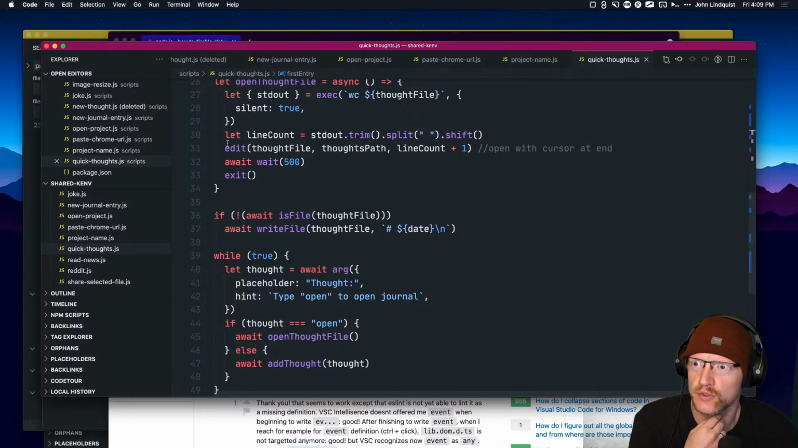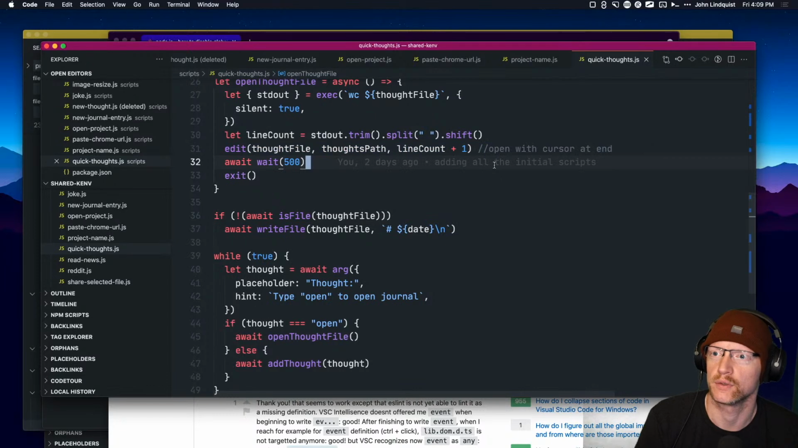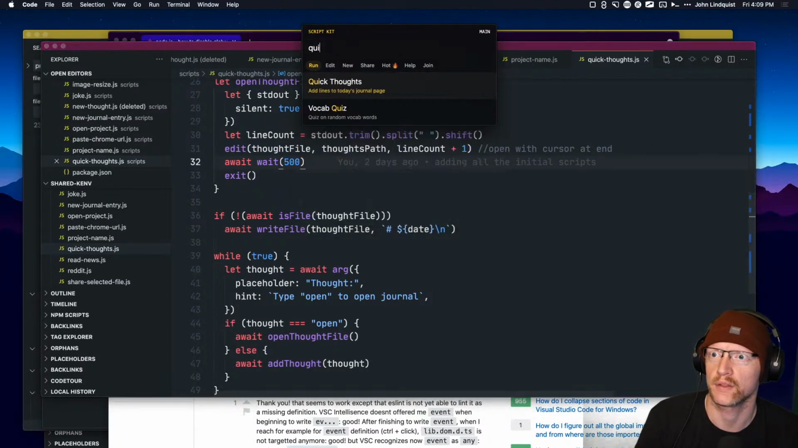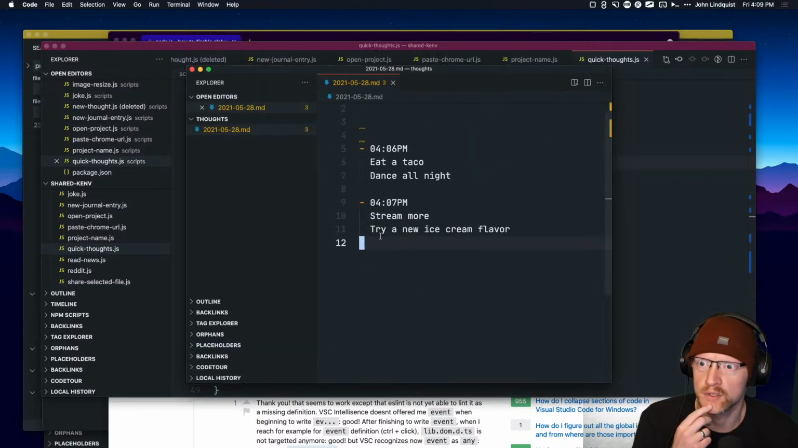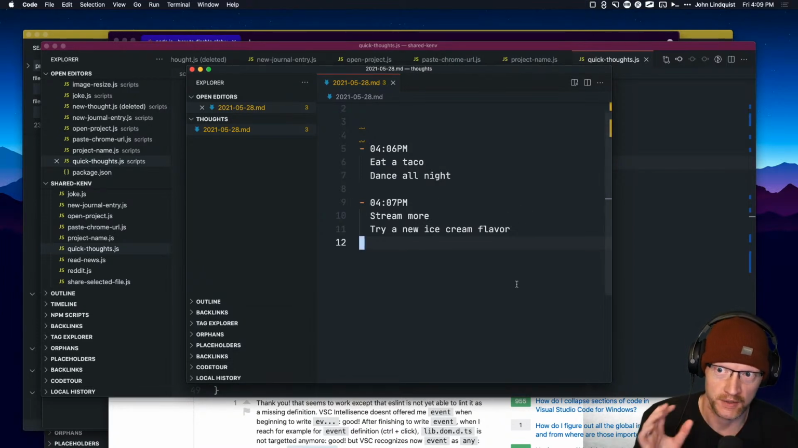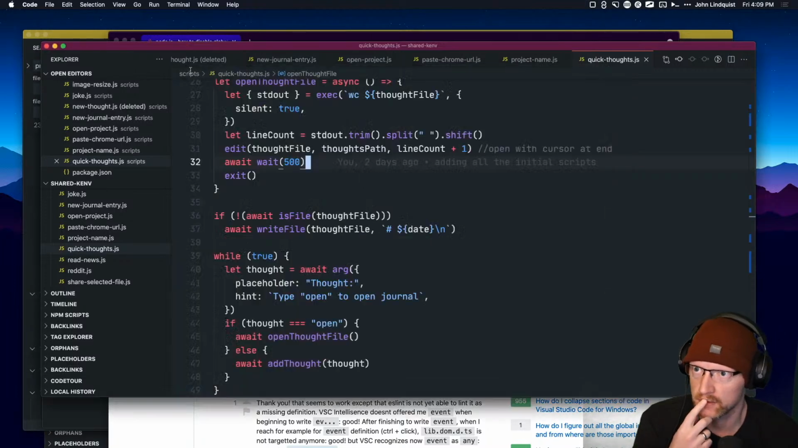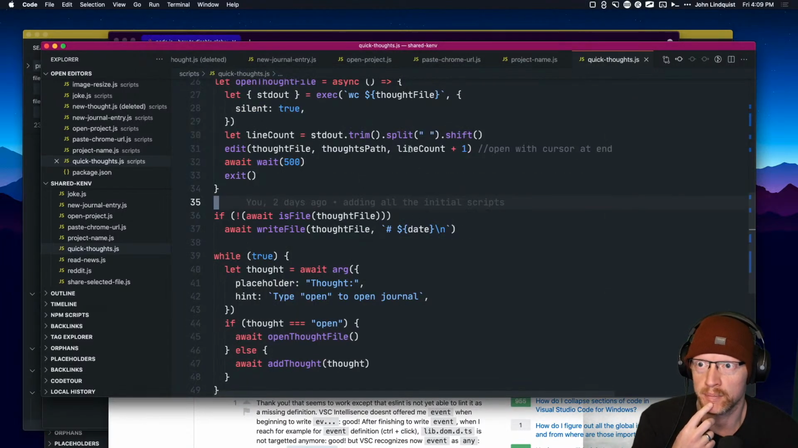And here's a cool trick when you open this file. I'll do quick thoughts and type open. You'll see it opens with the cursor on the last line, which is nice if you just want to open a file and start typing some more into the file. And you can do that by